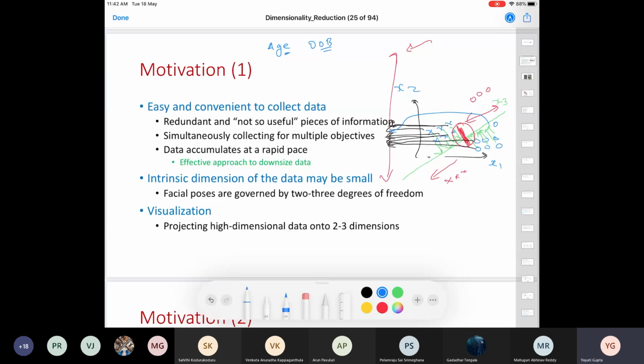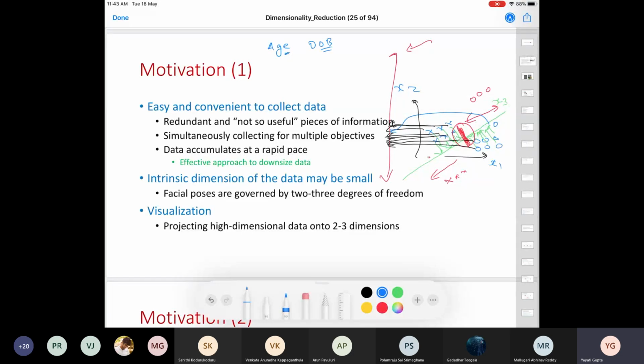However, because age and date of birth are not independent, the performance of your linear regression model will suffer. So when you remove this age feature, your model performance will improve. So depending on the assumptions of your data set, it is always a wise decision to reduce the number of dimensions in your data set.